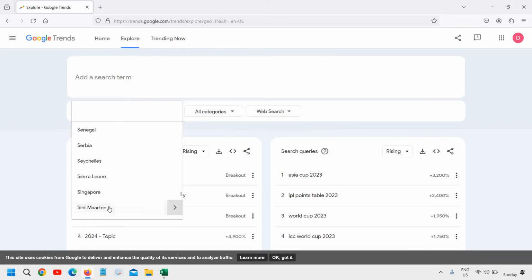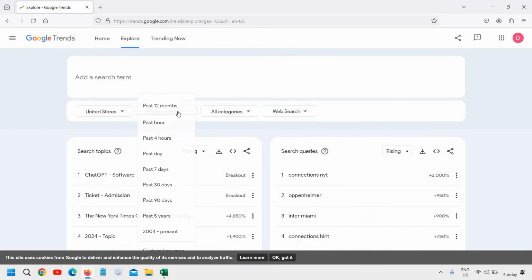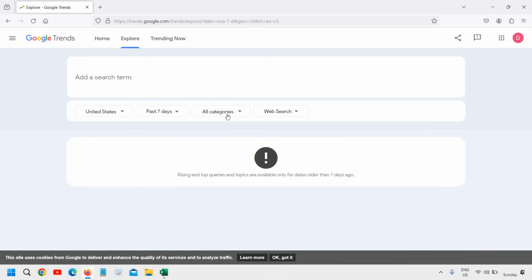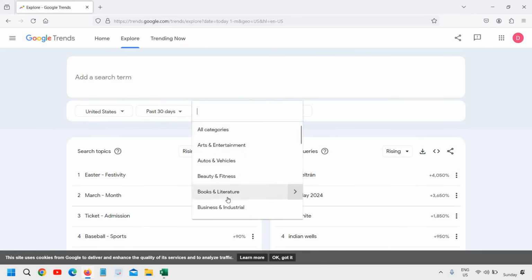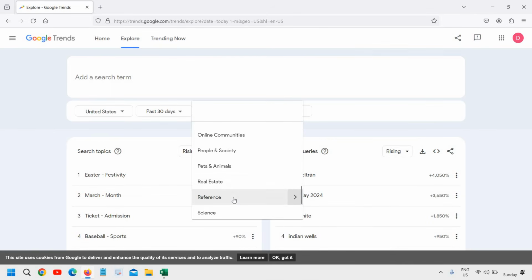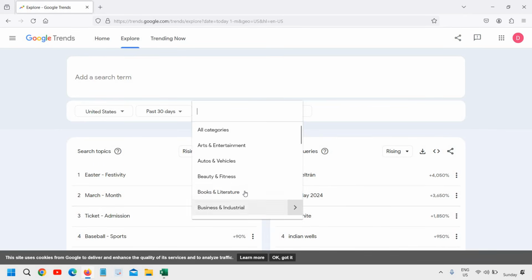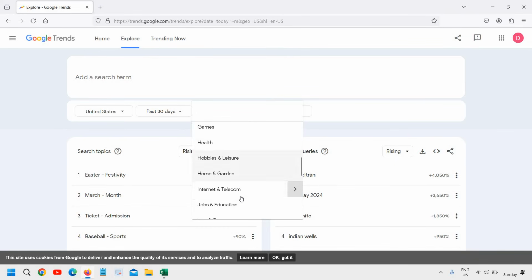Let's say if I want United States, I'll just select United States. Here you can change it to past 7 days, and I would say past 30 days, let's say. All categories you can change into your category. So let's say if I'm looking for real estate or travel, I'll go with arts and entertainment, or I'll just go with,